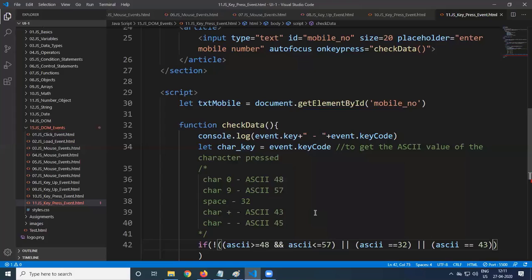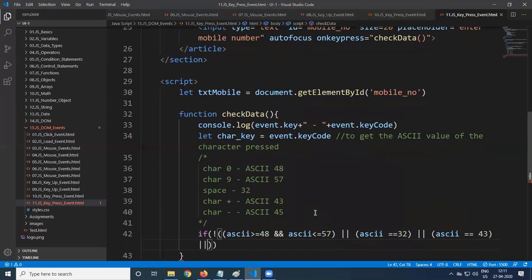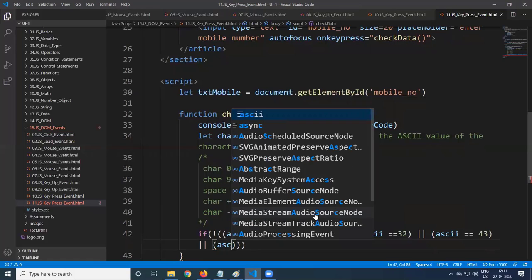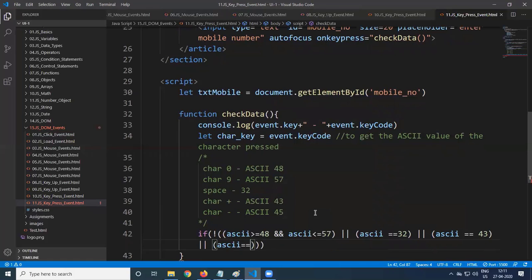Plus symbol. Correct? Or ASCII is equal to 45, hyphen. So this is what we are entering.